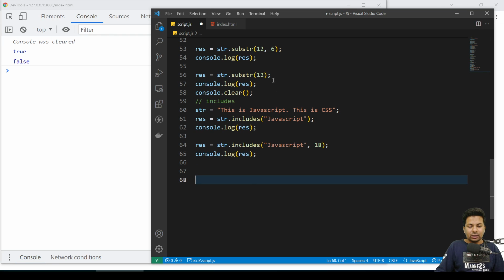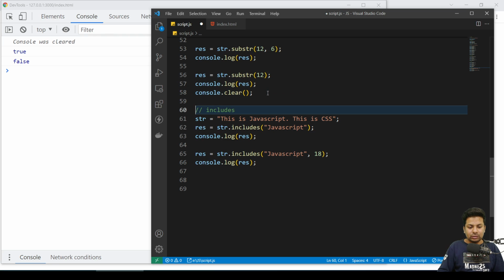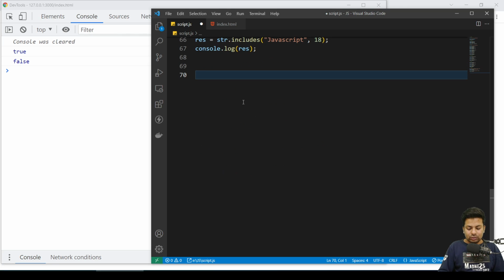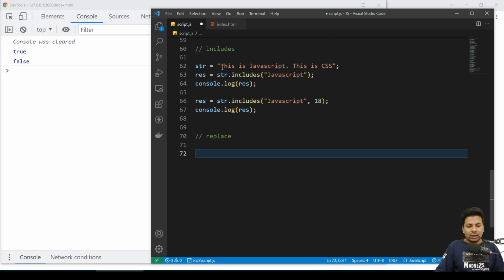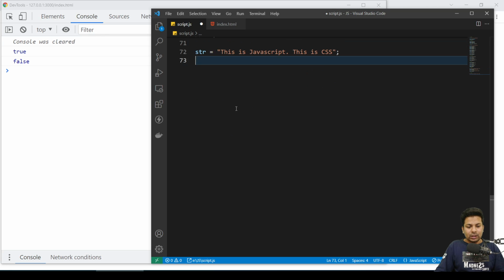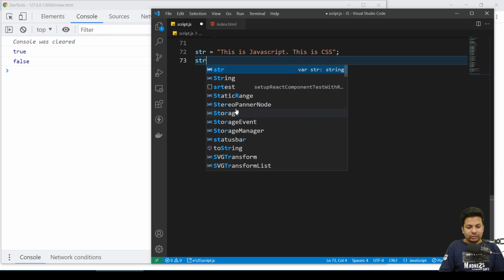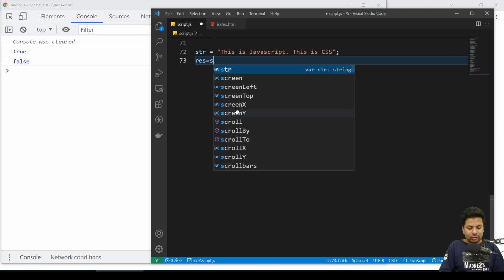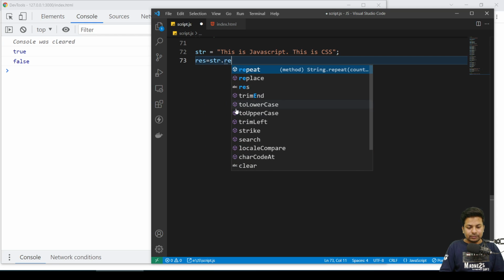Now we'll study replace. Now suppose I have this word string. Now I'll say result equals str.replace.